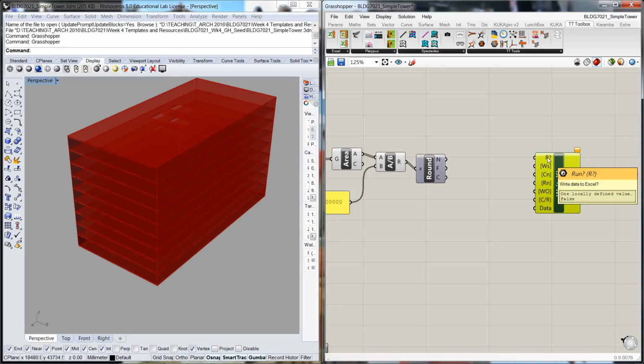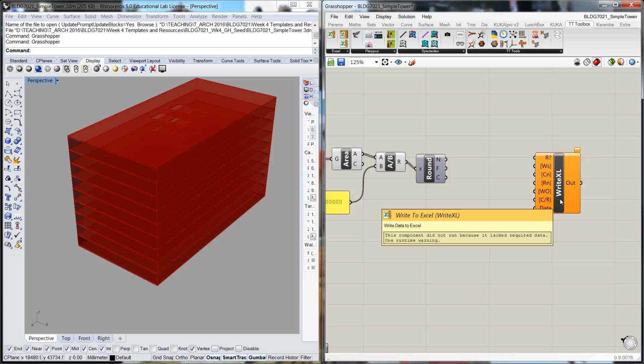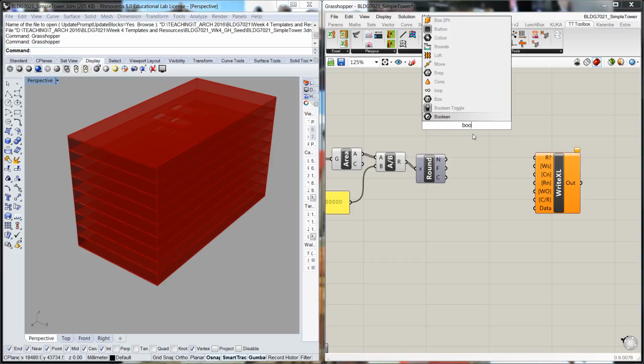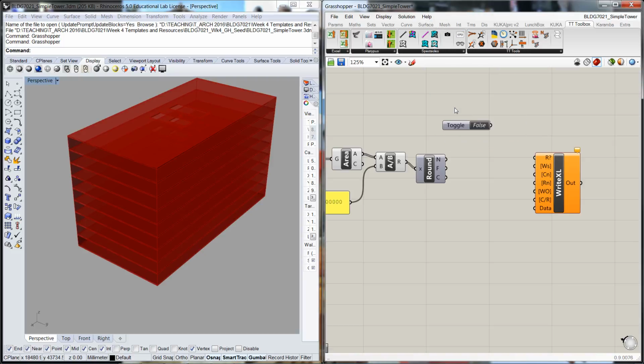So the first one is saying, do you want to write data to Excel? This is, I guess, an on-off switch. The reason is because if we have this running all the time, whenever we change the model, the function of this tool is that it'll automatically update to Excel, which takes up processing time on your computer and reduces your capacity. So I'm going to get a Boolean toggle through there. If we click on that, true, false, false is off, true is on. So we're going to keep it to off at the moment. Okay,